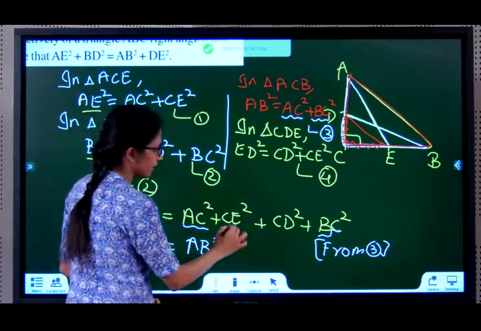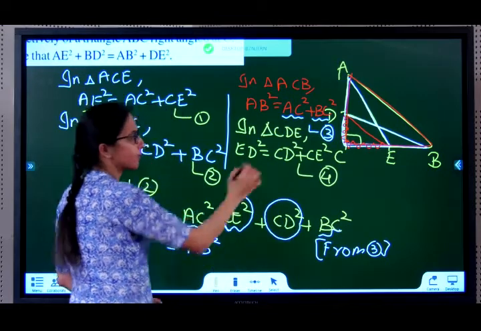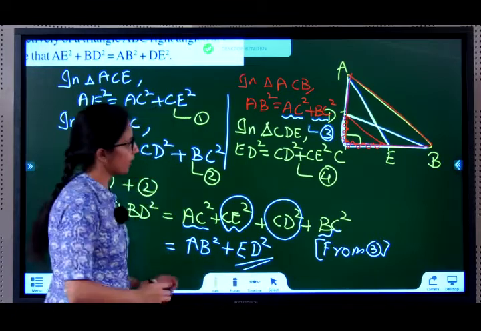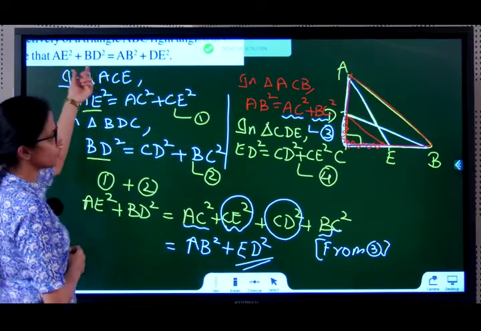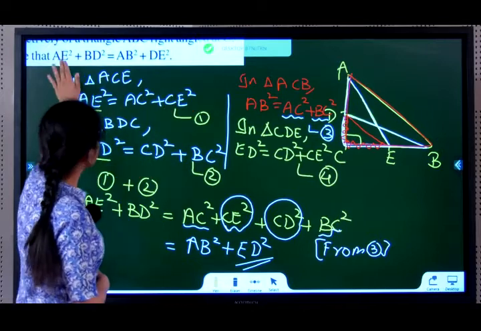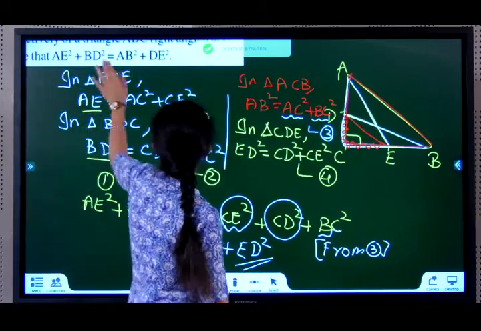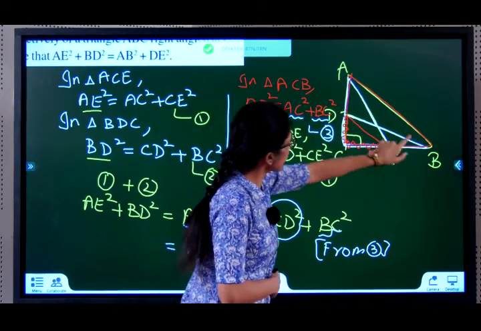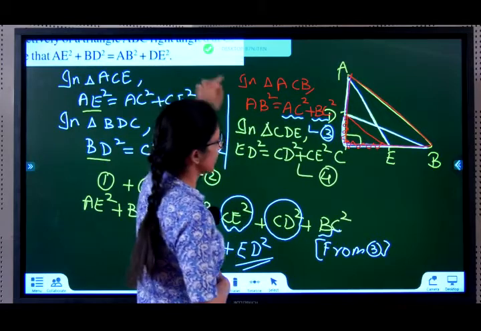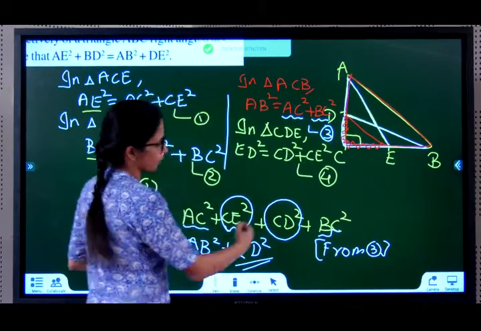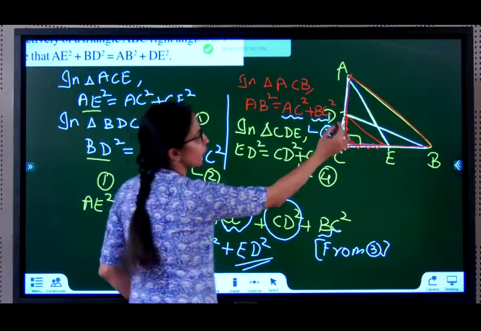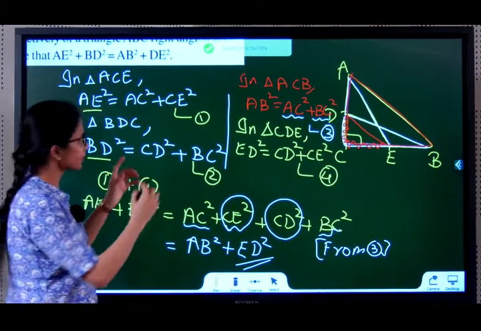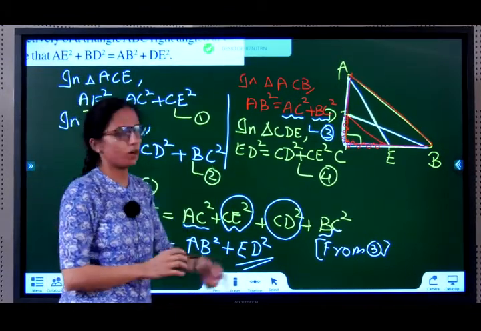Now if you observe, CE square and CD square is nothing but your equation 4 that gives you your DE square or ED square. So I repeat, when you see the question, you need to join all the vertexes that are given in the question. It says AE here, so I joined AE. It said BD here, so I joined BD, and I also joined AB. But then AB was already a part of the triangle. I did not join my DE, so I left this out. When I kept solving, I realized I also need my DE. I joined my DE and I put the Pythagoras theorem back. So this might happen when you're solving. So follow the question correctly and join your vertexes.